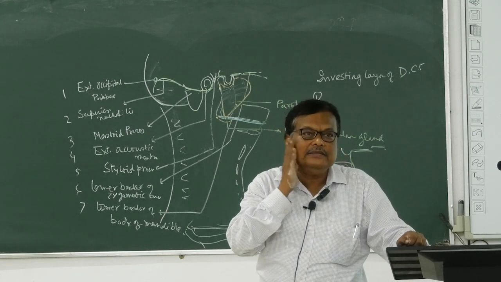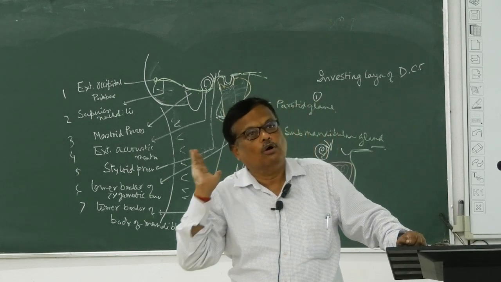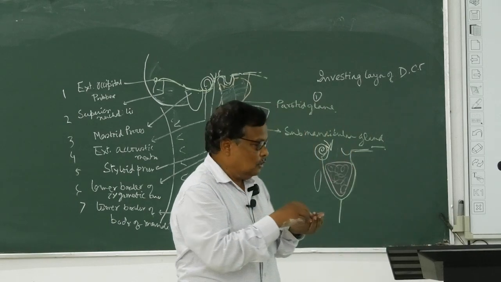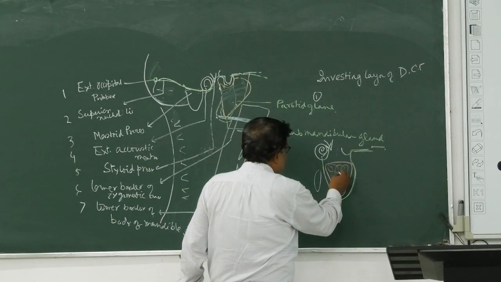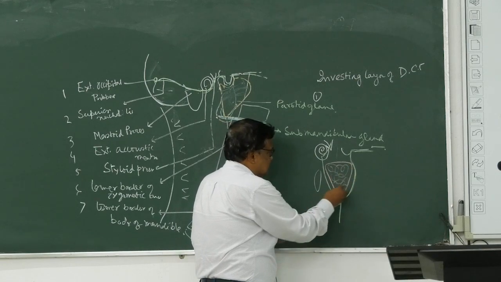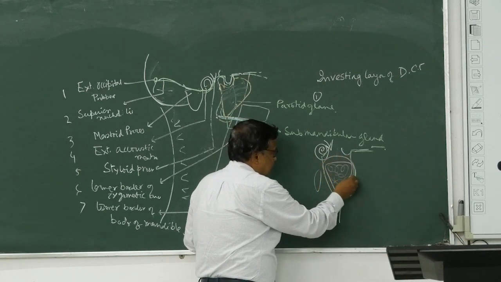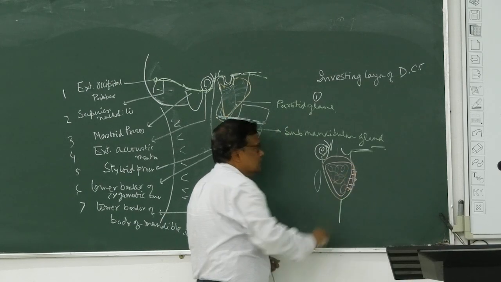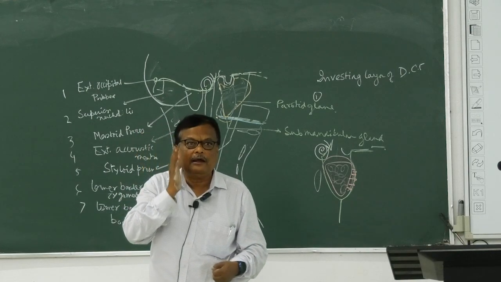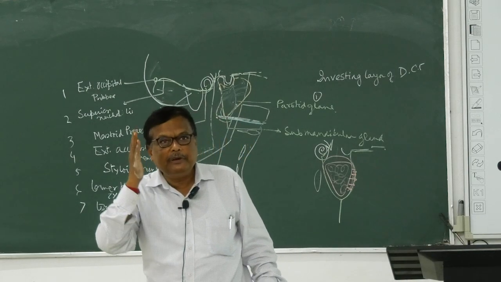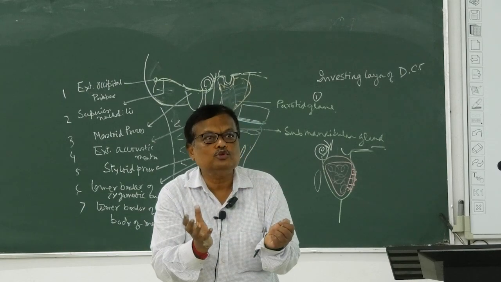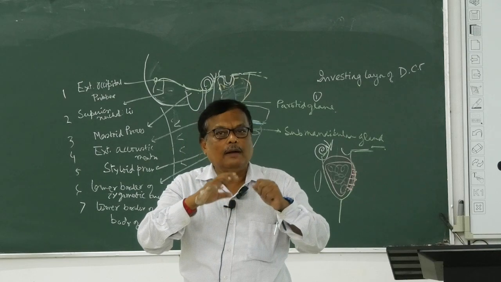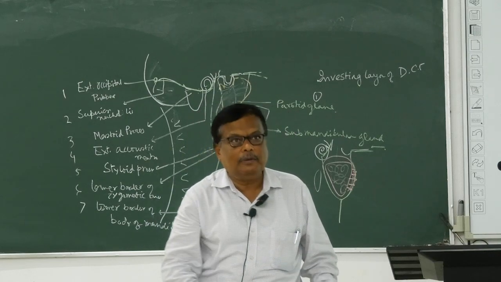So it covers the parotid gland, and this layer is very thick and strong, and inside layer is very thin, so that whenever there is swelling, parotid gland is enlarged, it creates pressure on this layer, this thick layer, and thick layer prevents the parotid gland to swell, কারণ প্রচন্ড ঠিক প্রিভেন্টস করছে।